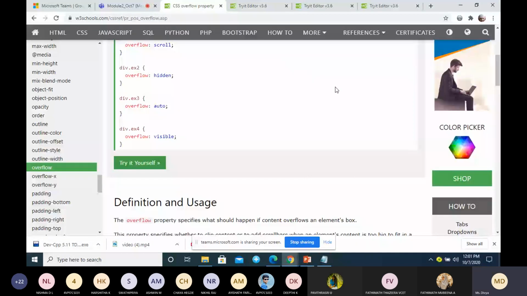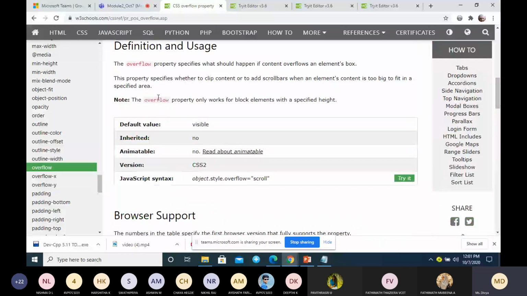So these are the four properties. The overflow property specifies whether to clip the content or add a scroll bar whenever an element's content is too big to fit in the specified area.